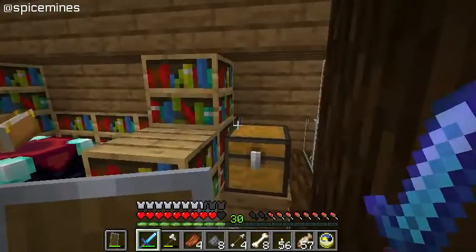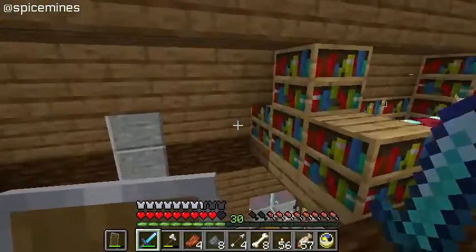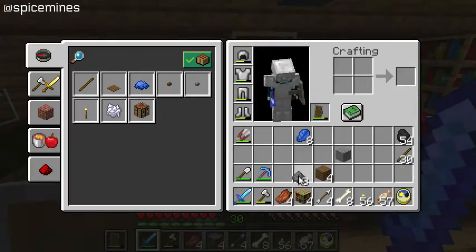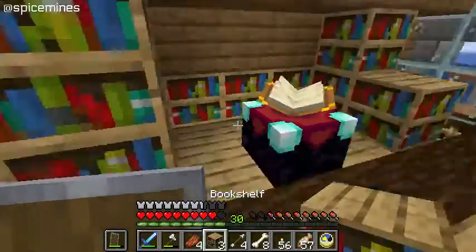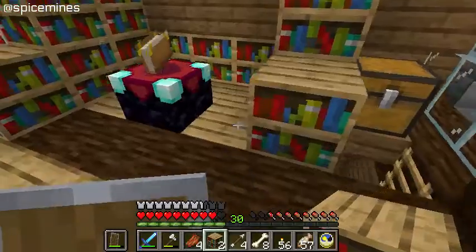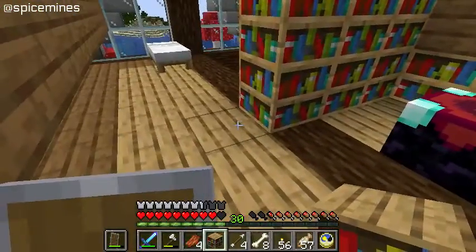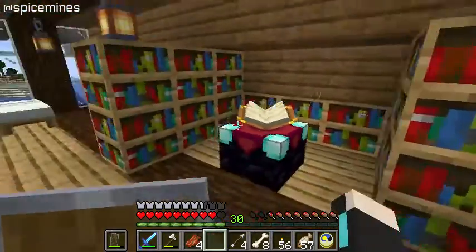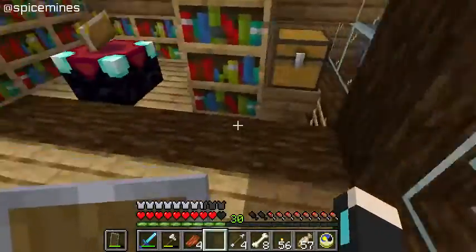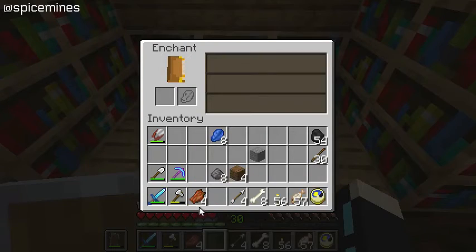Let's see. There's 1, 2, 3, 4, 5, 6, 7, 8, 9, 10, 11. Cool. Okay. So this makes 12, 13, 14. It's kind of a weird spot there. Let's try, and I can't. Yeah, I won't be able to take it up because if I do, I'll lose the wood. That's okay. It's fine as is. I mean, yeah, it's cool. Okay, what do we have here for...